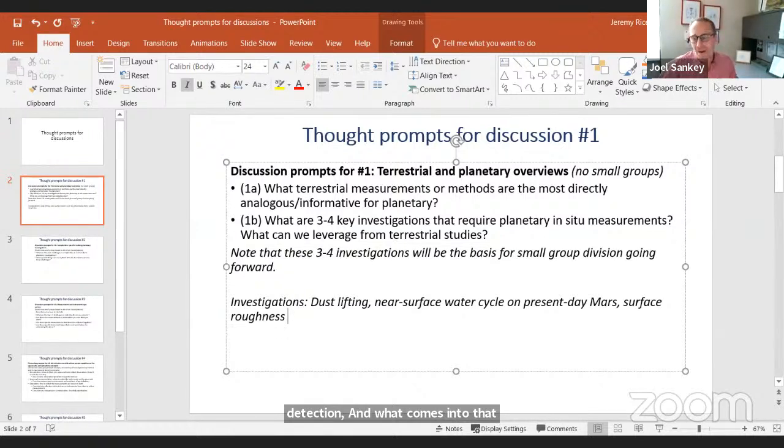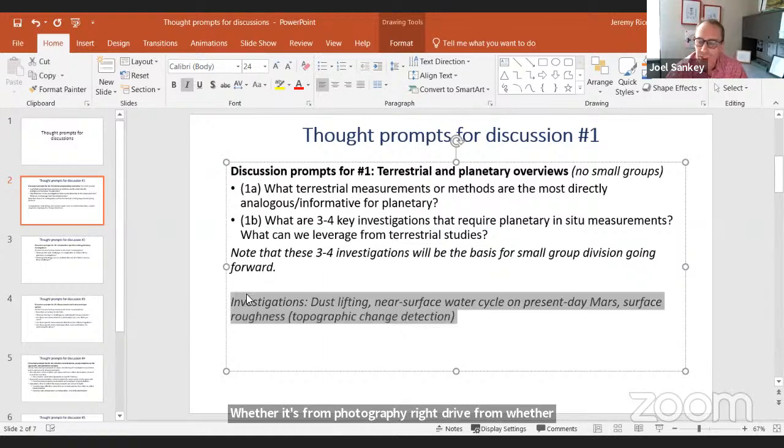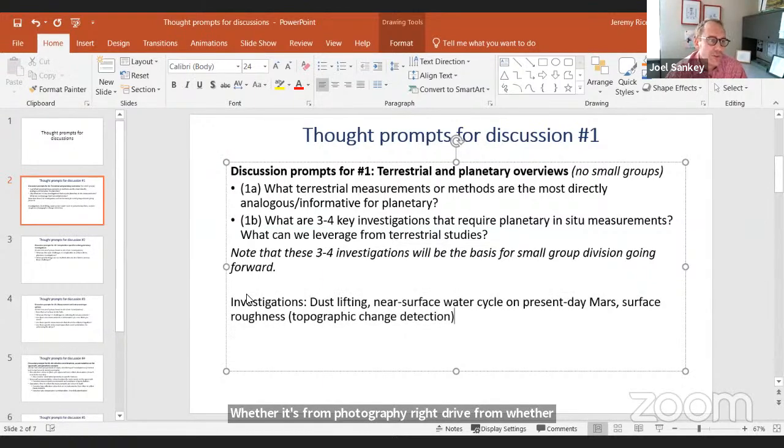Sure thing. This is Joel. Yeah, so I'm relatively new to this Mars geomorphology world. I do lots of geomorphology research here on Earth, and one of the key tools we use is topographic change detection, whether it's from photogrammetry, derived from satellite imagery, airborne imagery, ground-based imagery, LiDAR, or other topographic surveying methods. We use that a lot for terrestrial geomorphology work, within the discipline or technique of morphodynamics, looking at changes in aeolian bed forms or fluvial bed forms, for example. And from that, you can actually infer sediment fluxes. So it's another way of measuring sediment fluxes